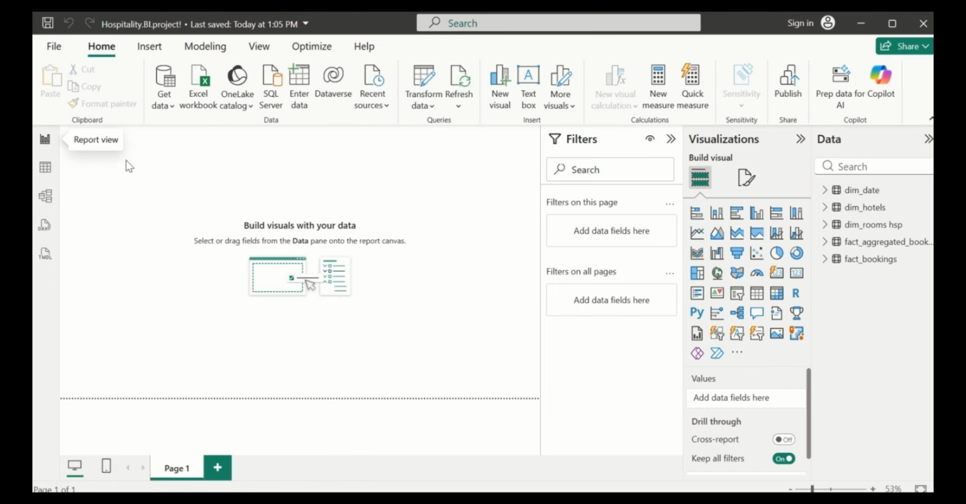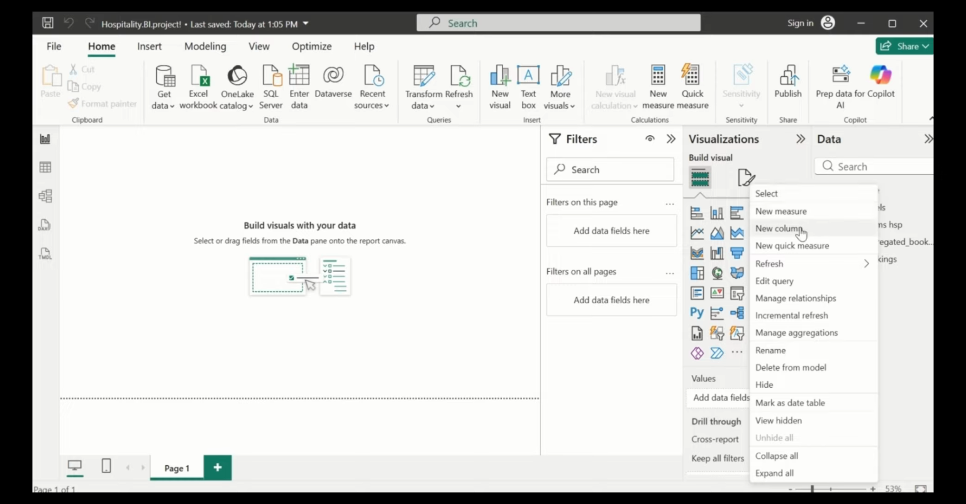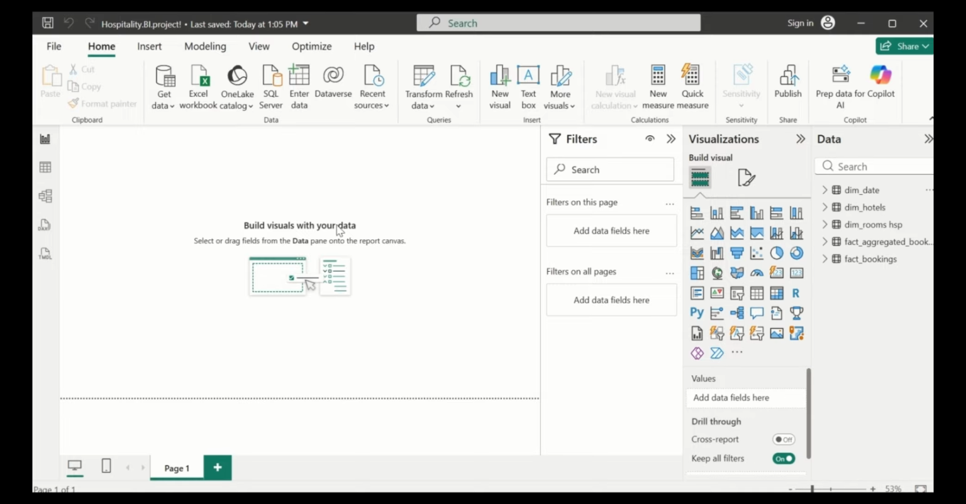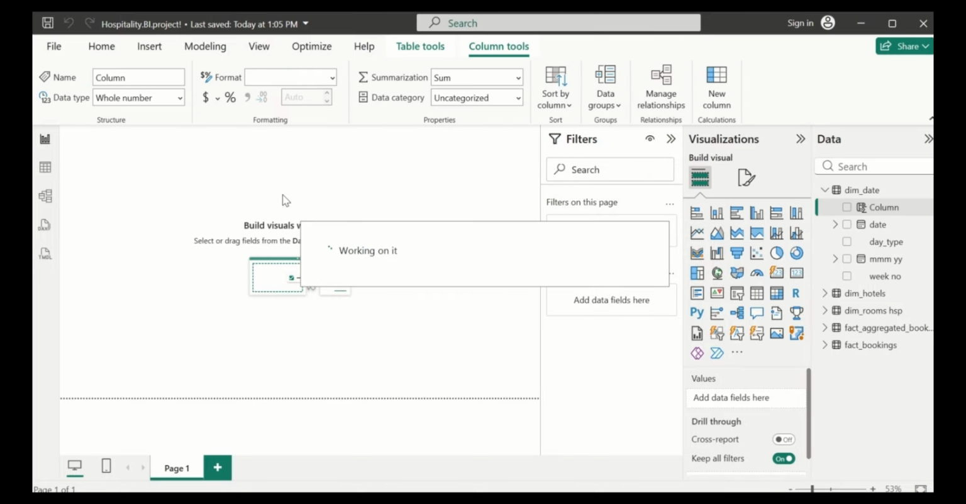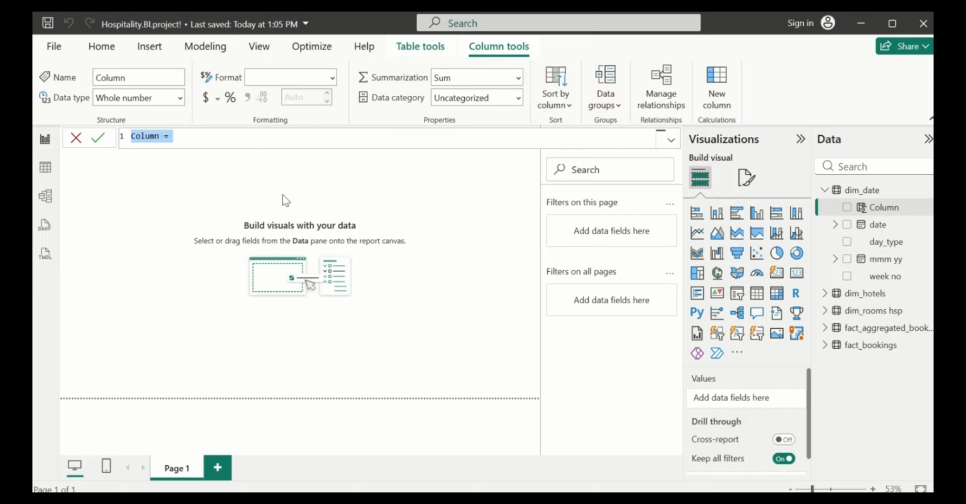So you'll go back to this and come to the table date, then right click and come to new column. Then you write the DAX formula for coming up with the new column. So we're going to write week number